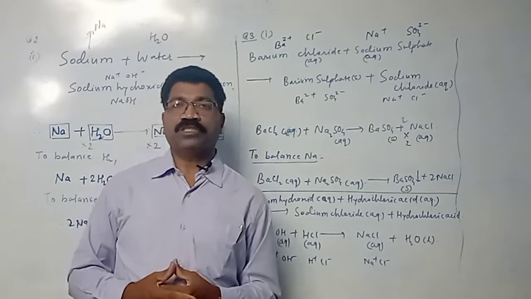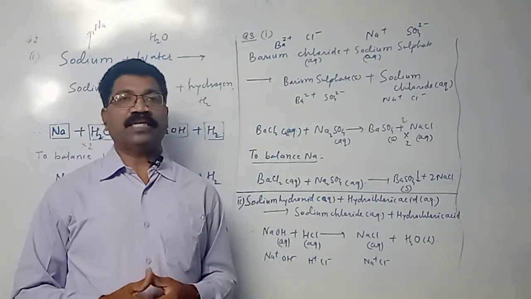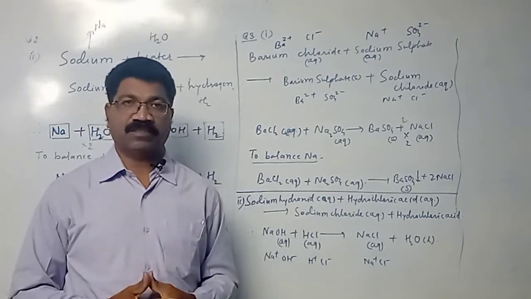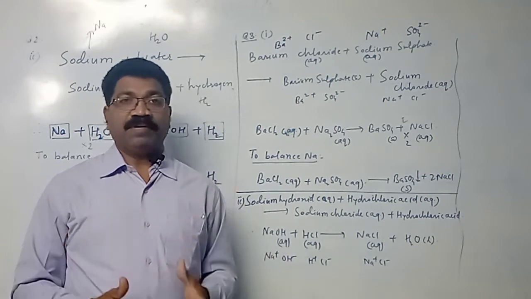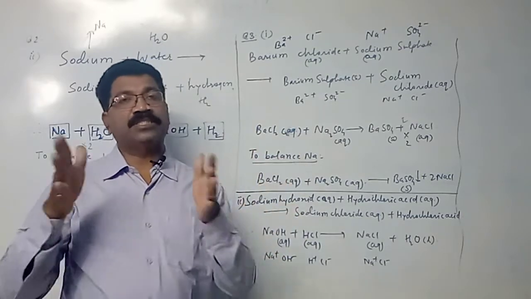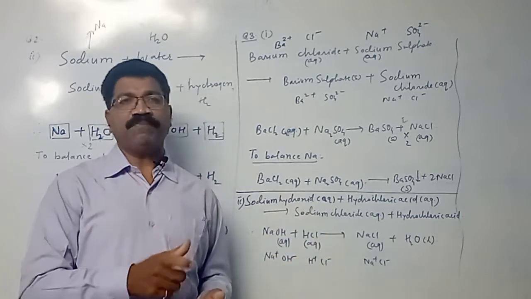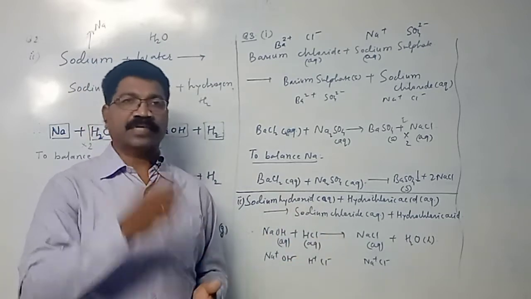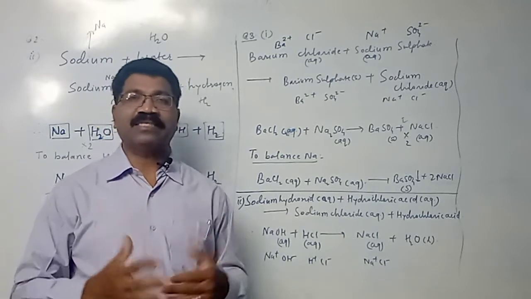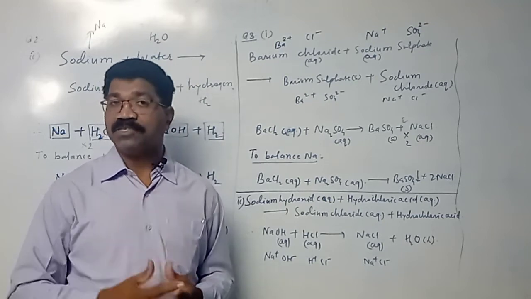Now it is necessary that the chemical reaction must be balanced. Why must the chemical reaction be balanced? Because of the law of conservation of mass. Mass can neither be created nor destroyed. It can be converted from one form, that is reactant, into product. Since mass is not going to increase or decrease, we must have the same number of atoms of each element on the reactant side and on the product side. That's why we have to balance the chemical reaction. All these things we have seen yesterday in our previous periods.